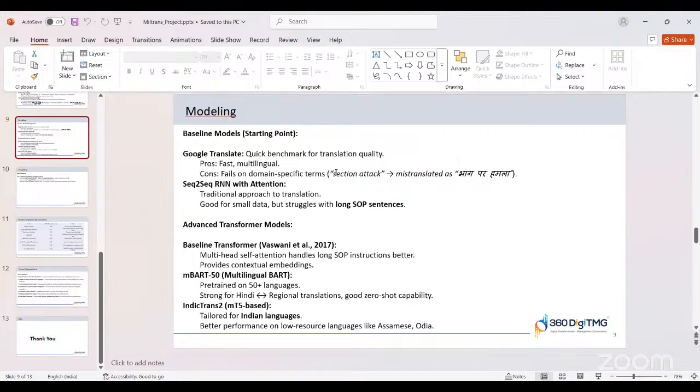Model building, coming to this: once we are done with the cleaning part, we push the data into the MongoDB database. From there we tried different models. Some may ask, why not Google Translate? Google Translate does not understand the context, the military context.